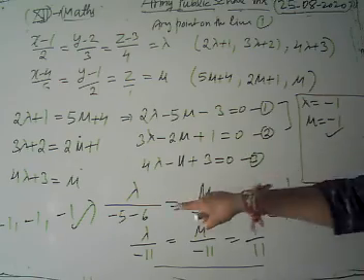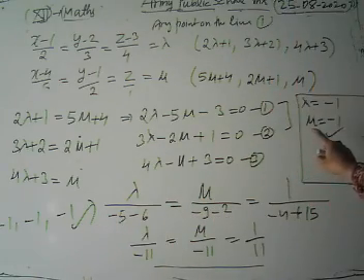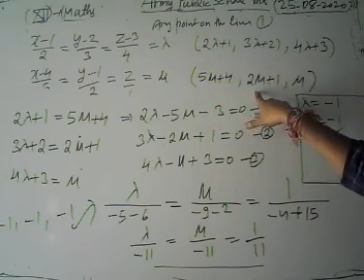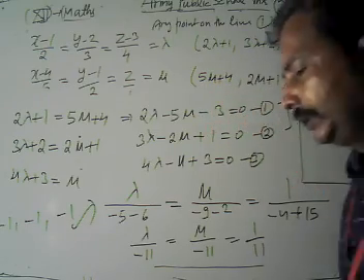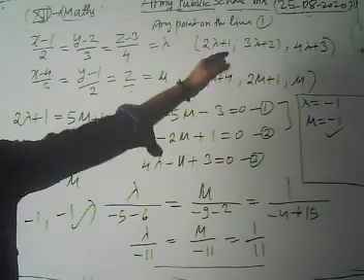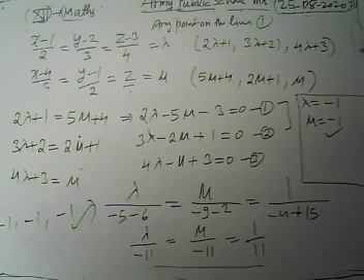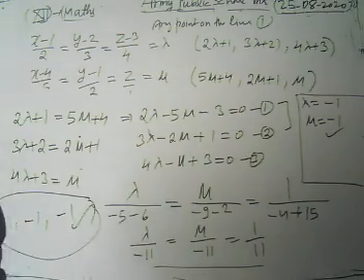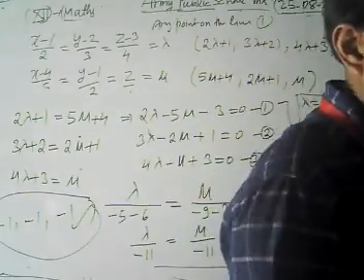These are our point of intersection. You can also find the same point when you put the value of mu here: minus 5 plus 4, minus 1, minus 2 plus 1, minus 1, and minus 1. Put any values of lambda and mu in any one there. Now look, what is our answer? The point is minus 1, minus 1, minus 1, which is our point of intersection.